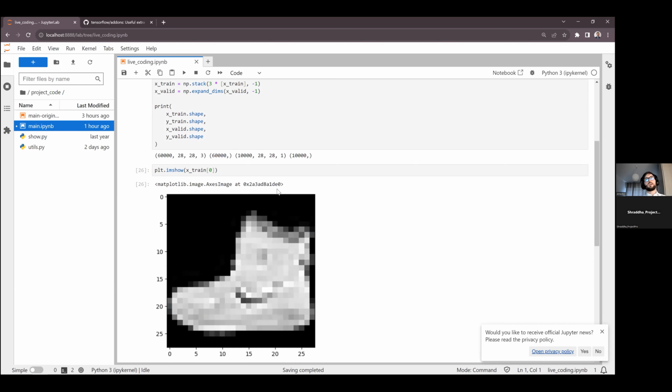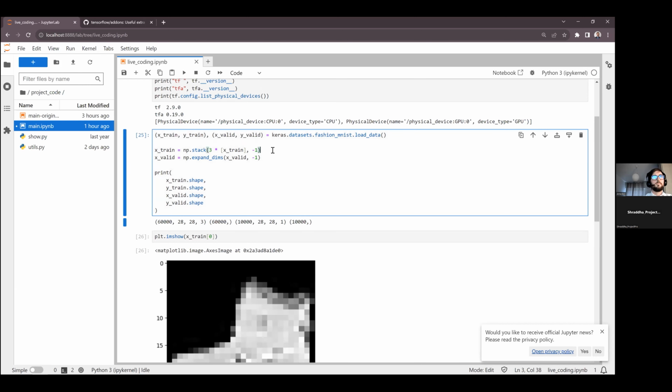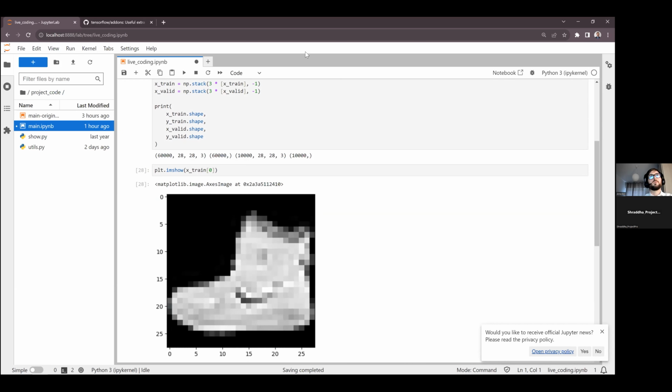Okay, now it's a black and white image. I don't know if there is some better way to convert these mono-channel images to black and white. Maybe if you have some other idea, you can share. Okay, yes, I will share my LinkedIn profile at the end.